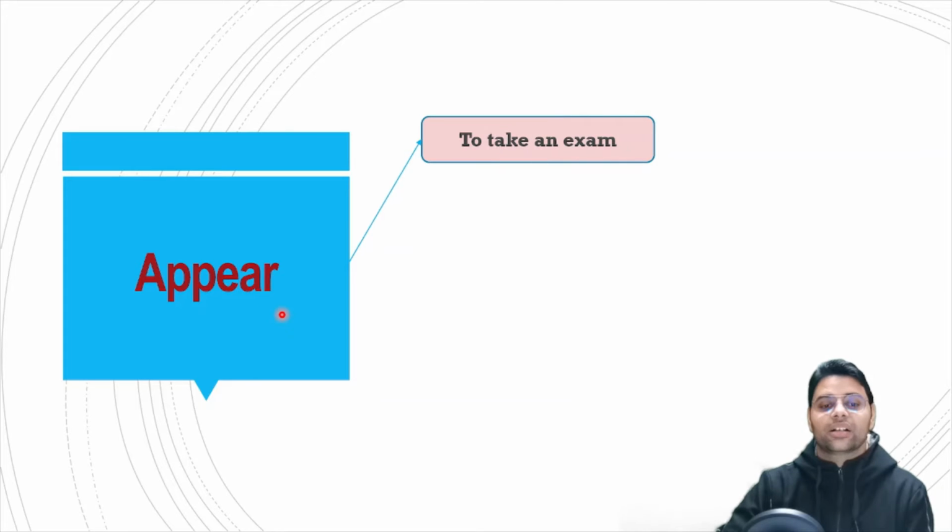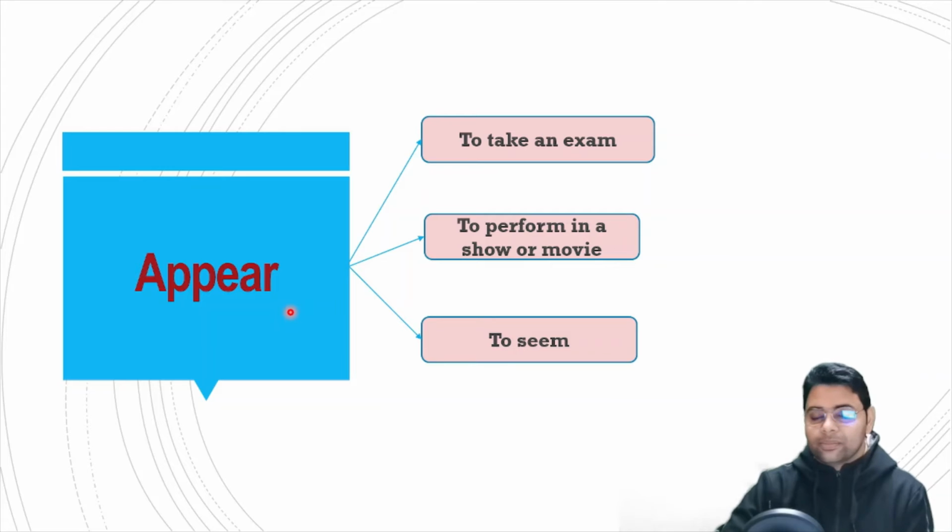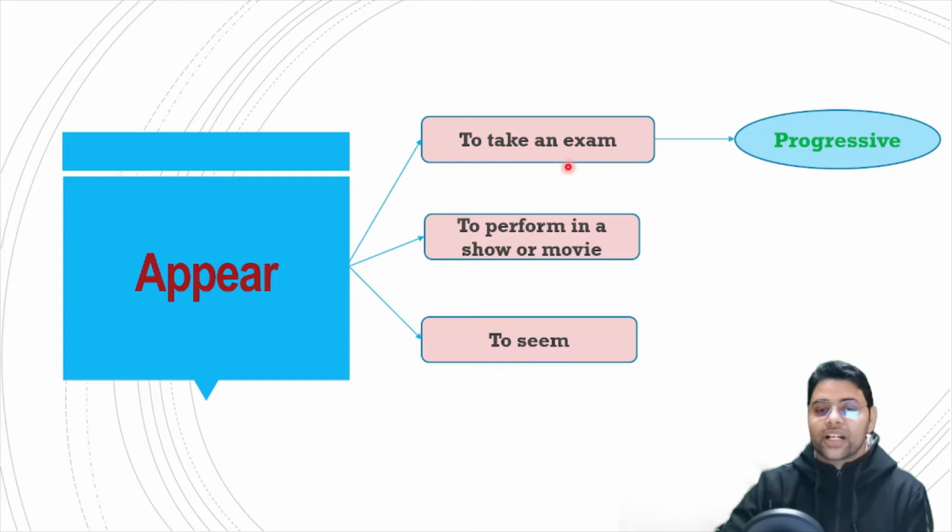So the first meaning of appear is to take an exam or to sit in an exam. The other meaning is to perform in a show or in a movie, and to seem. So appear has three meanings. So in first meaning it is progressive. It means in this sense it can be expressed in continuous tense